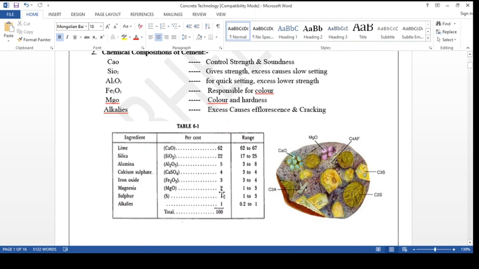Magnesium 2%, the range is 1 to 3%. Sulfur 1%, the range is 1 to 3%. Alkalies 1%, 0.2 to 1%. So see here how you can add the total composition. The sum of the total composition must be equal to 100%. And